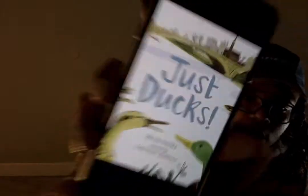Now, a few weeks ago, we started our story, Just Ducks. Today, we're going to go back into our story, Just Ducks, to focus on how the ducks use their beaks. So listen to me as I read it aloud. They're still eating when I cross the bridge to go to school. I look down and see them swimming around, dabbling at the surface. Now take a moment to think, scholars. What do you think the word dabbling means in the sentence? That's right. Dabbling is when a duck nibbles at the water with their beaks to get tiny bits of food,